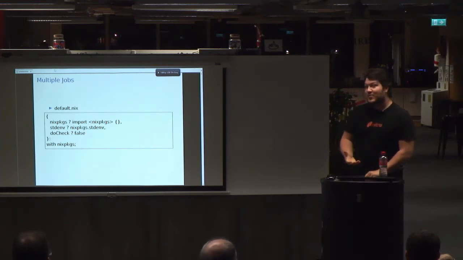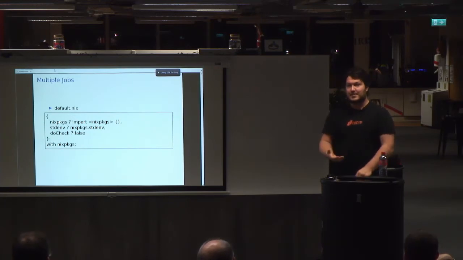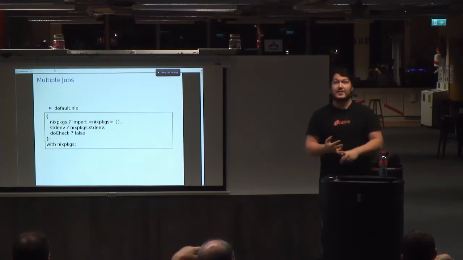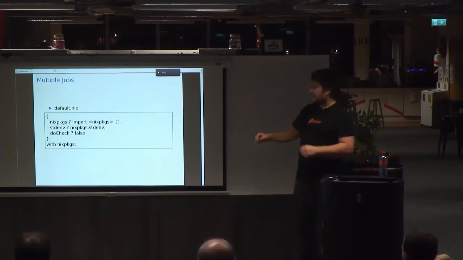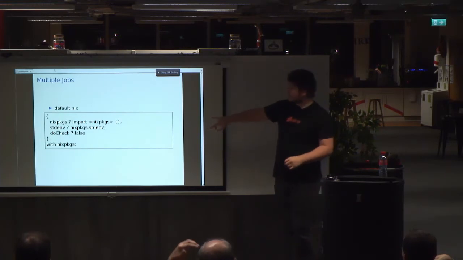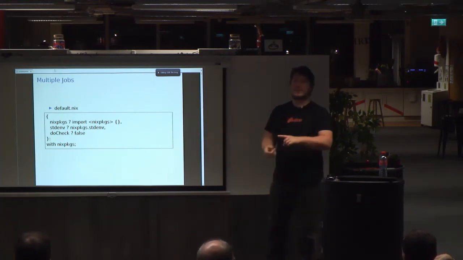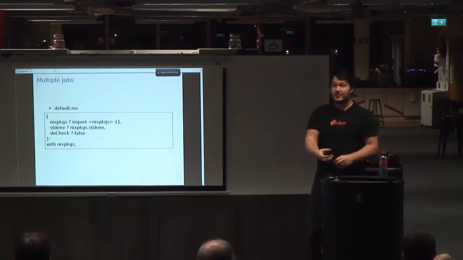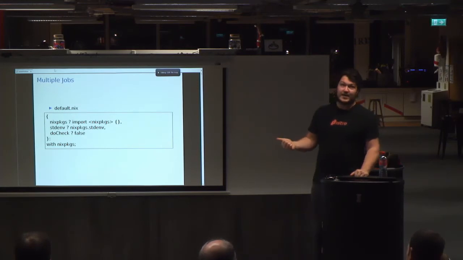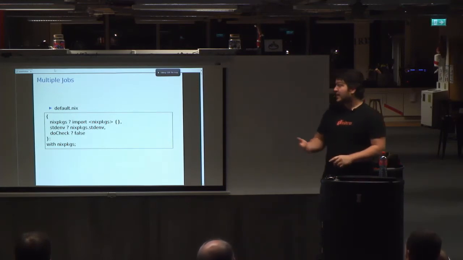And something else you might want from a build system and testing system is multiple jobs. So for a single package, you'd have multiple jobs, like building it with a different compiler, building it for a different architecture, running a different set of tests. So the way you specify multiple jobs is, the first line of the package, instead of being just import nixpkgs, you make it into a lambda that takes a few arguments. One of the arguments in this case is the Nix package set. So I can specify dependencies from a different architecture, for example, or the standard environment to build. So I can specify a different compiler and whether to run the checks or not.